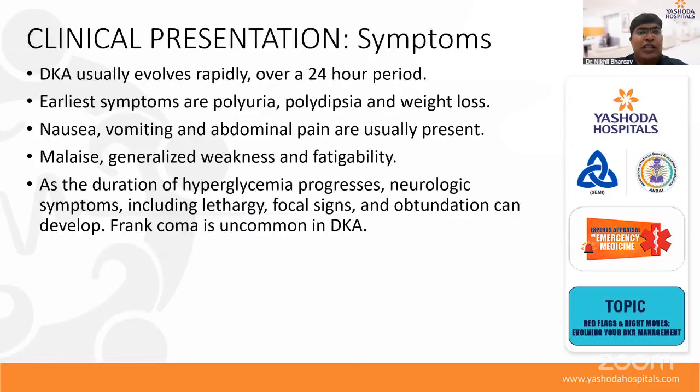And clinical presentation: usually DKA evolves rapidly over a 24-hour period. So it's a very rapidly developing disease. The earlier symptoms are like diabetes, like polyuria, polydipsia, and